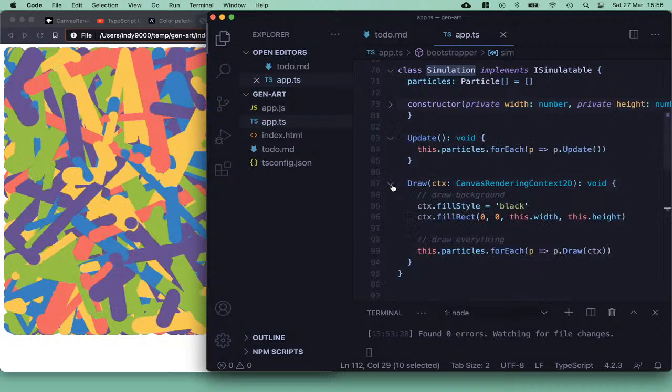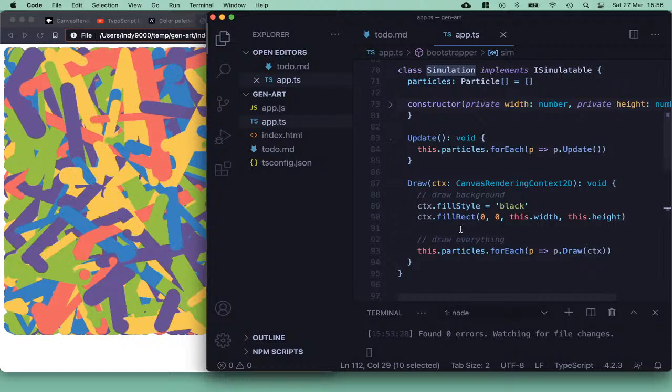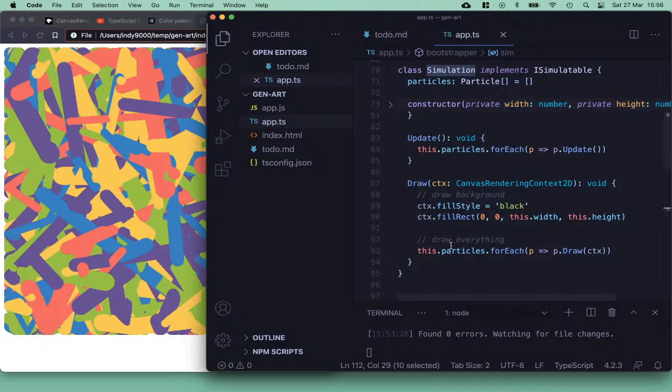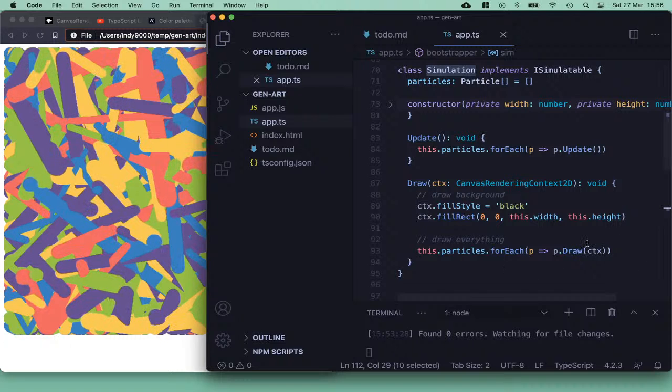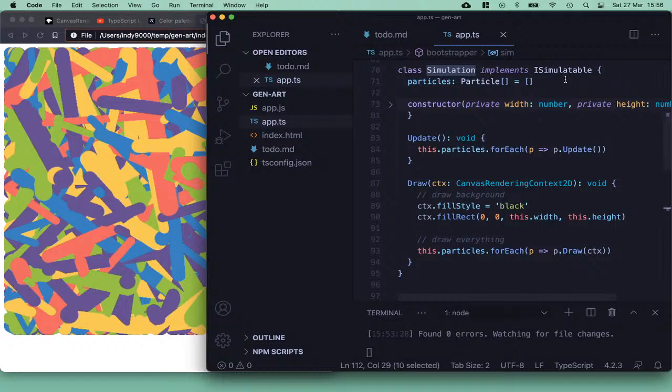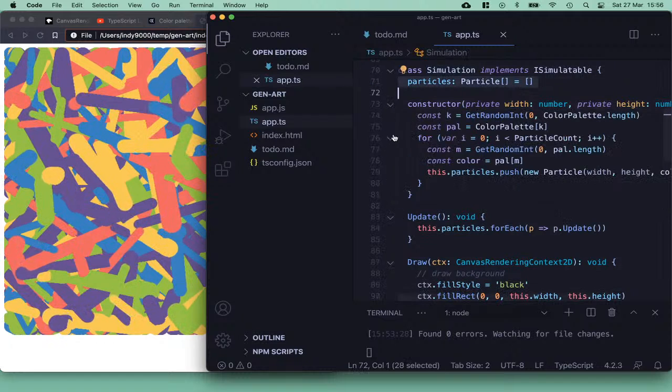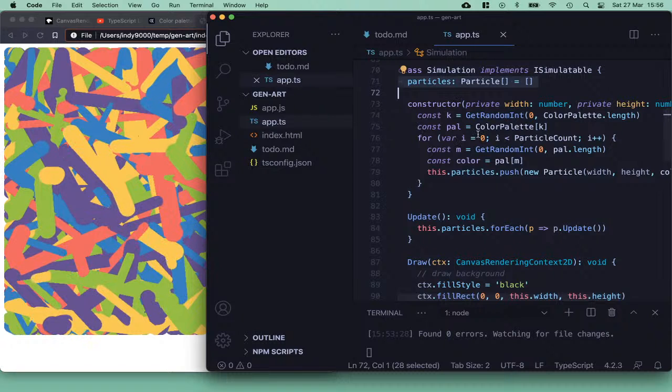So in the simulation class, we implement this behavior, and in that we create the background first. We draw the background, a black rectangle, and then we draw all the particles there are in this simulation. So the simulation has a list of particles that we create when the simulation is created in the constructor, and